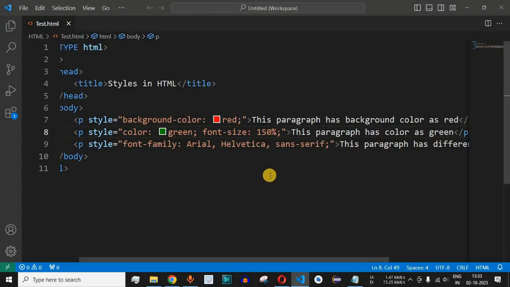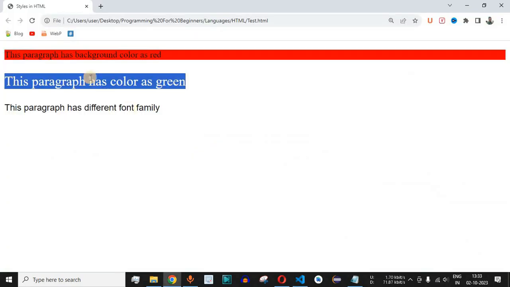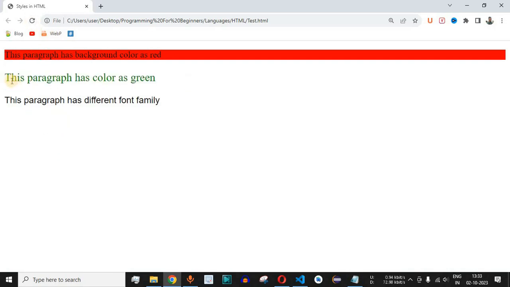So guys, this is one of the ways in order to change the font size of a particular paragraph or any other HTML content. Guys, instead of using the percentage, we can use the pixels as well. Percentages are used when we want the web pages to be responsive, and on the mobile we want the size of the different elements of the web pages to adjust on their own. But when we use pixels over here, fixed pixels will be used. So basically when we provide 20 px in this case, let me just save this file now and try reloading this page. So basically the font size will be fixed over here based on the resolution of the screen in this case.